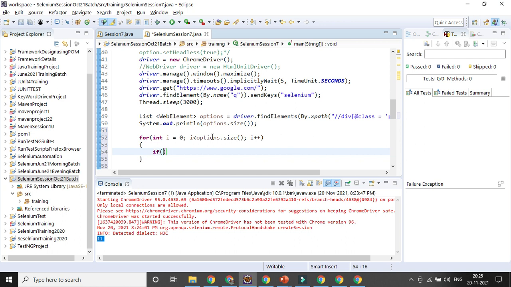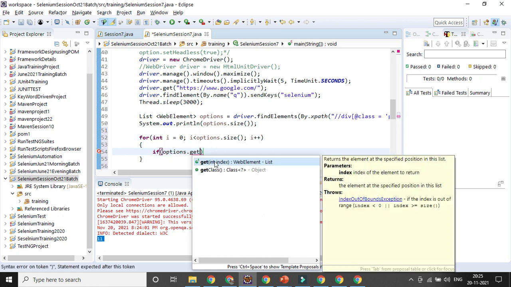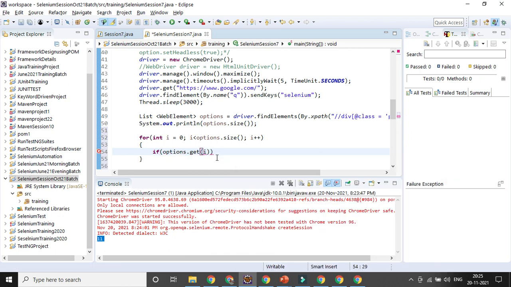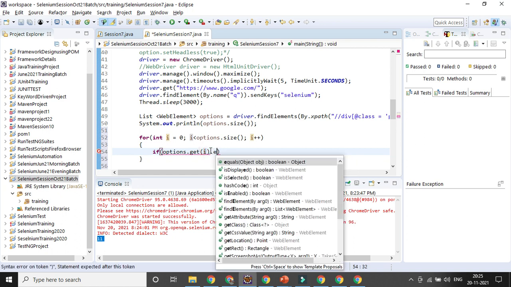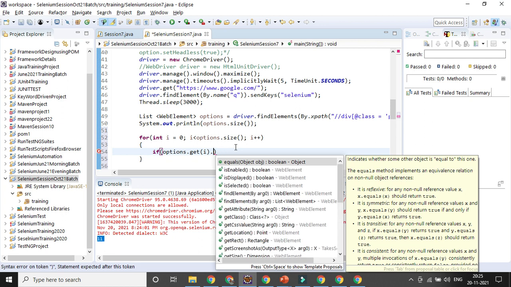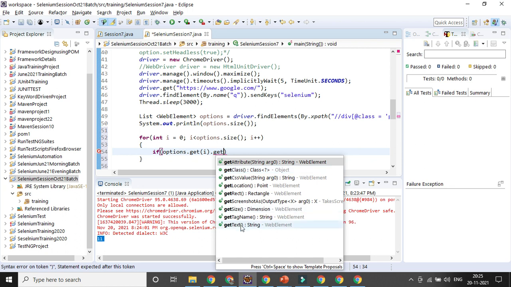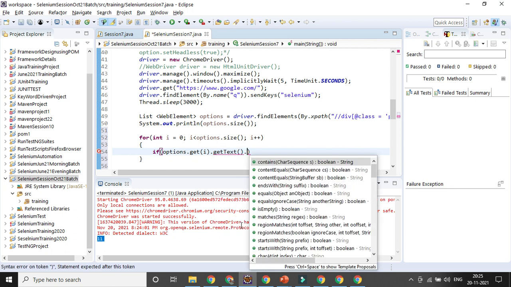whatever options I am getting, options dot get of i, for each and every i I will check if that get of i dot get text dot equalsIgnoreCase.